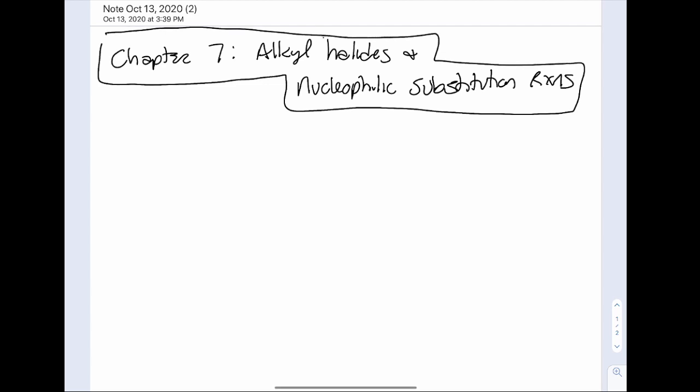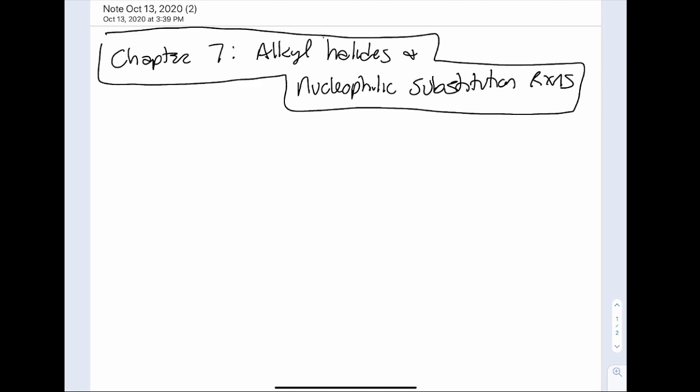So remember our 4 common types of organic reactions. We had substitution, elimination, which is what we're doing in chapter 8, and then we also had addition and rearrangement. So substitution is where we're breaking one sigma bond and we're forming another sigma bond. We're literally going to substitute. Nucleophilic means it's a nucleophile that we're going to be substituting with. So alkyl halides, remember that was a carbon bonded to a halogen, and I'll write that down in a minute,